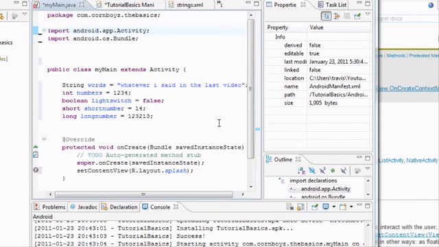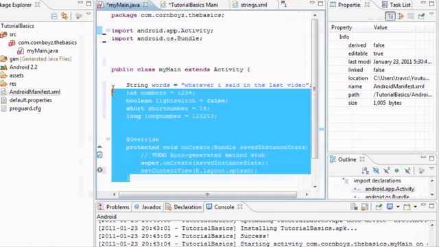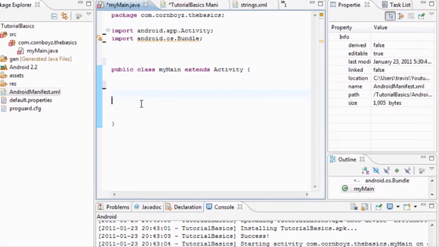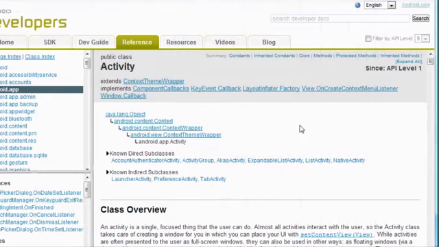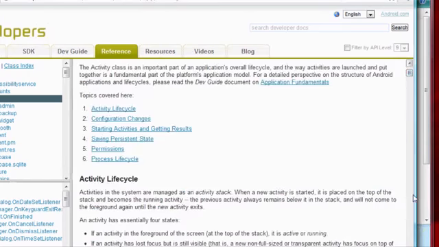What's up, guys? Today we're gonna actually start creating our splash activity to make it functional. So we're just gonna delete all of this stuff within our main class, and we're just gonna start from scratch. Basically, first I want to teach you about what an activity needs to hold for an Android application,